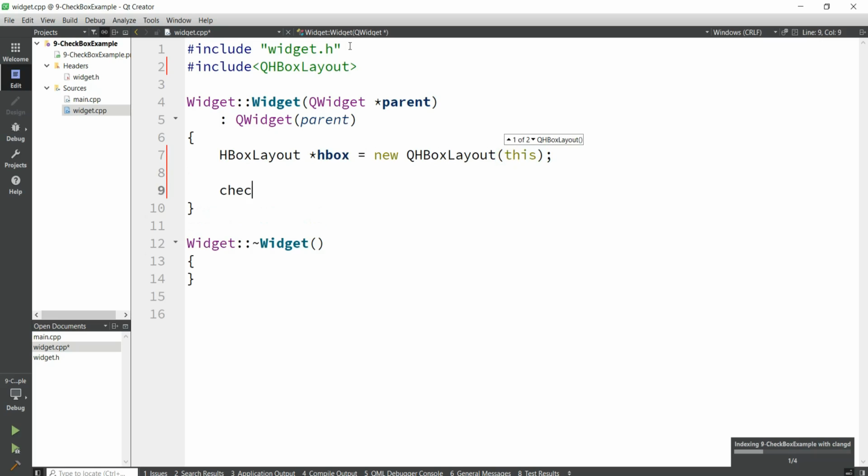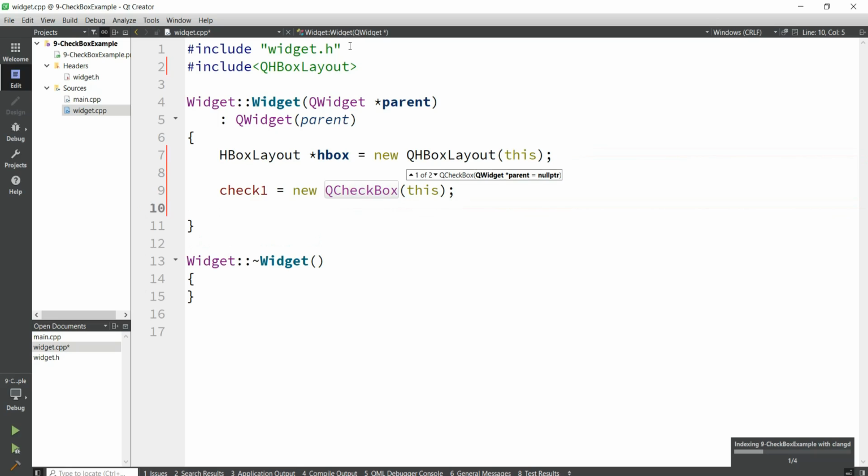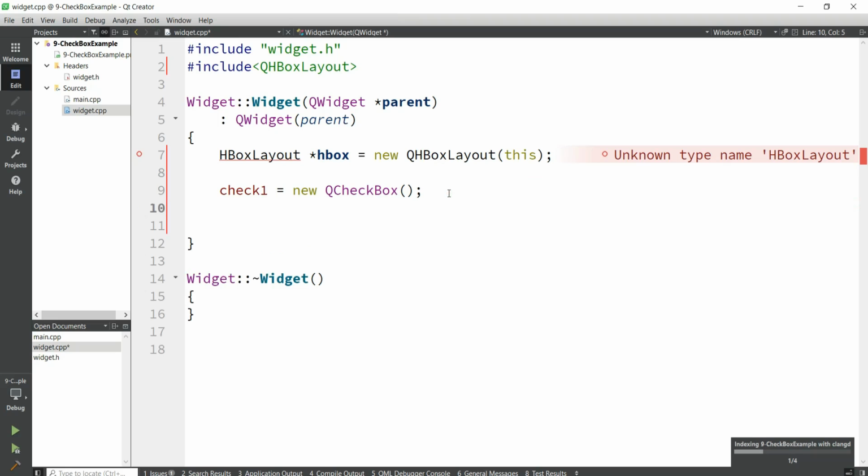After that, we are going to create our checkboxes. So I can just say new QCheckBox, and I can pass this in here. We don't need this I think in here, because we are adding this to the HBoxLayout. So unknown name QHBoxLayout, this should be